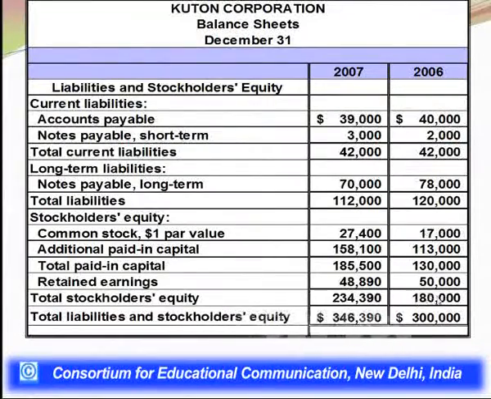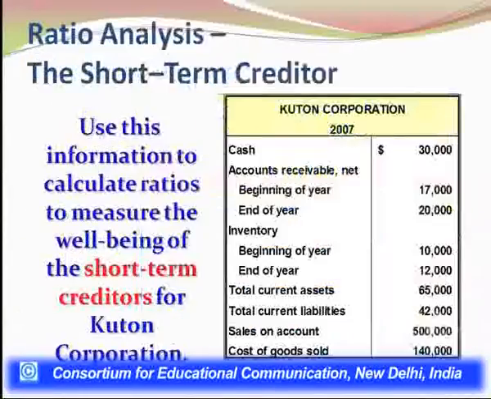234,090 and 180,000 is the sum of the common stock, additional paid in capital. So this is total paid in capital plus the retained earning. If you have noted down before, they should be with you and there should not be any problem in correlating this. So now let's look at the slide which was under discussion, and the slide under discussion was how